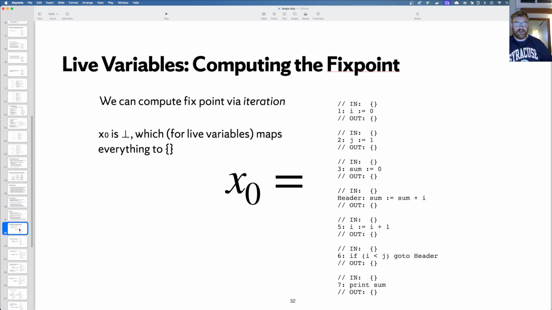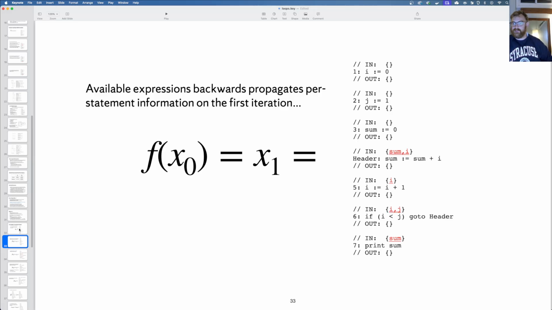And so I can think of taking the entire analysis result for every input and output set of every statement in the program and building that up as a little data structure that I'm going to call analysis result. And now I can define f as the function that basically runs one step of the whole analysis result. And doing that discovers some new analysis facts.